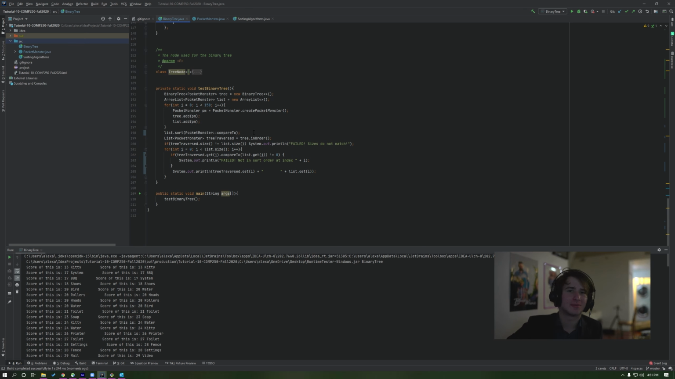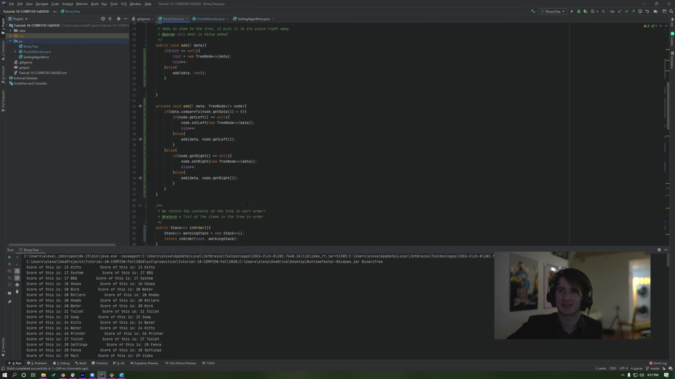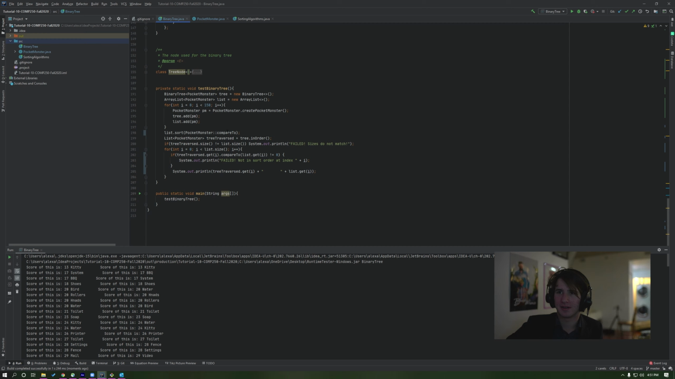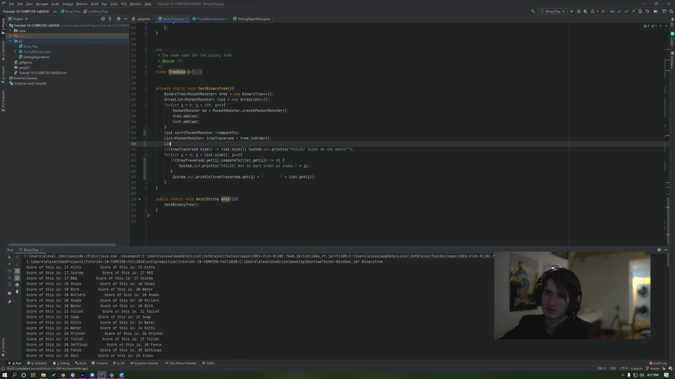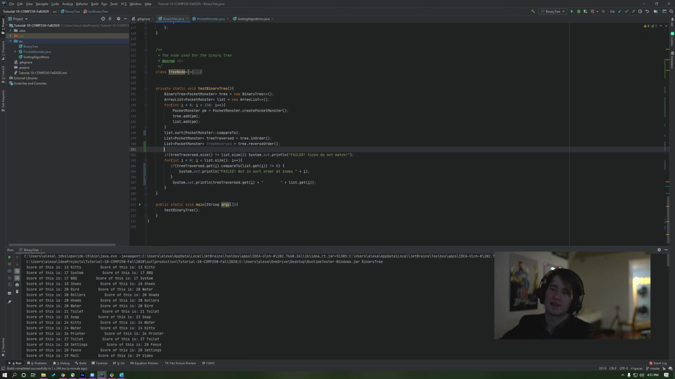And hopefully that gives us some insight onto compareTo and the custom object. And here we've got sort order and reverse order. Now, how do we test reverse order? Well, we could say list Pocket Monster tree reversed is equal to tree dot reverse order. And now we can say,